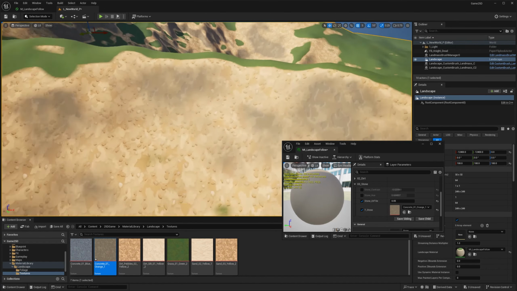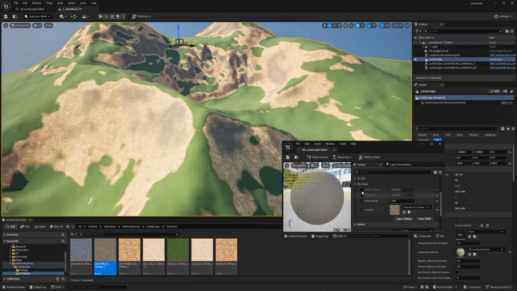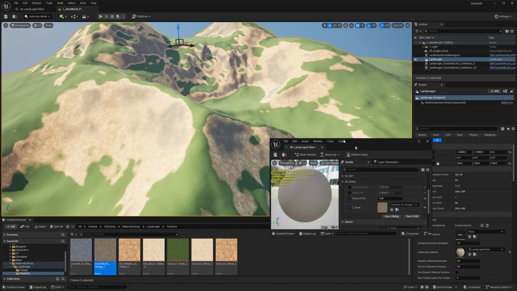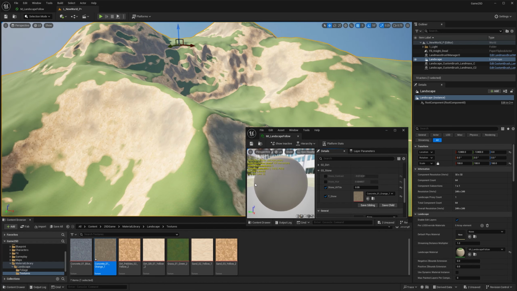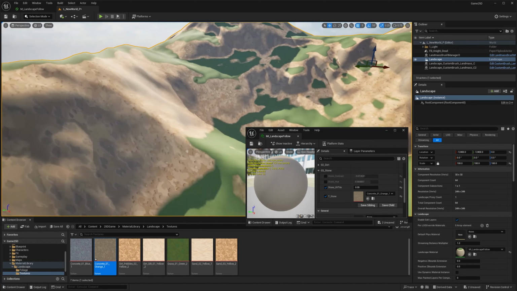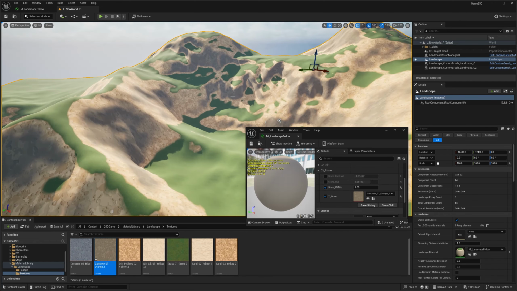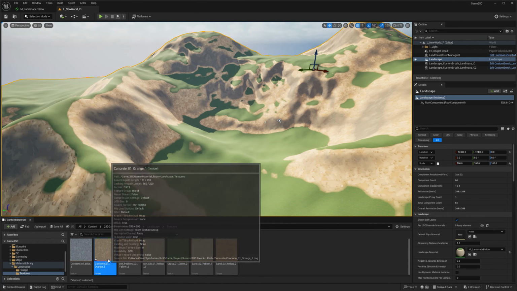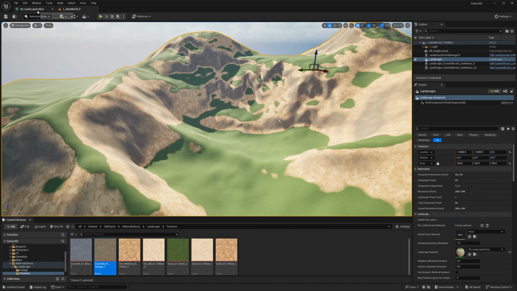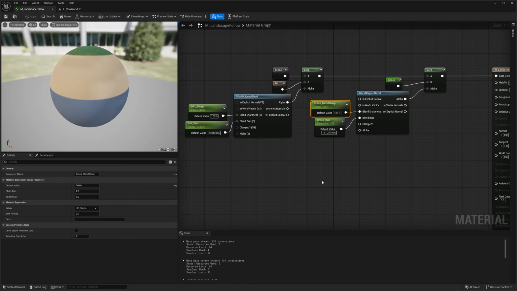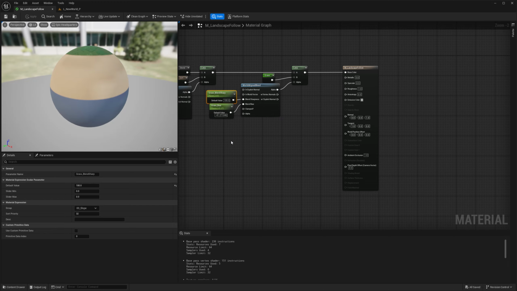Could be better with a little bit more love, definitely. So I'm going to go here to my contrast. Yeah. It's good enough. We can always blur a little bit more the transition, but I think for now, this is working. So now that we have this, Ctrl-Shift-S to save. It's very important so you don't lose your work. If I go back to my material, this is how it's looking.